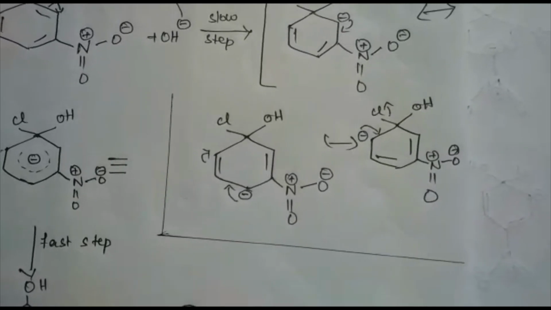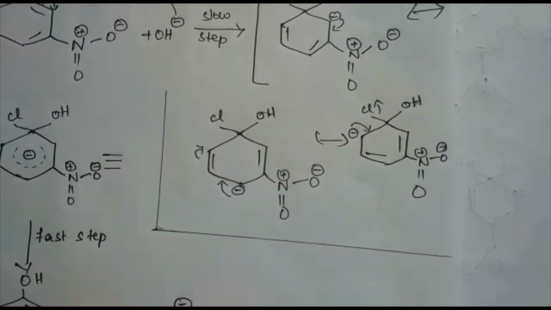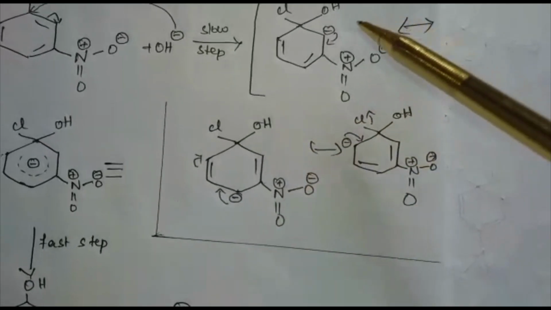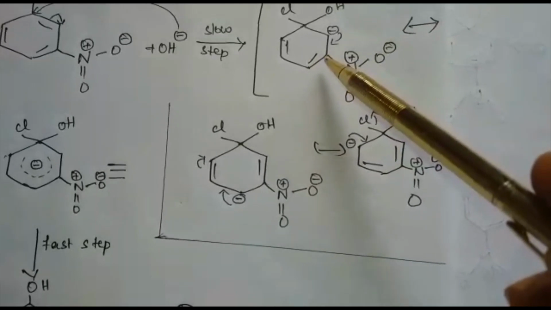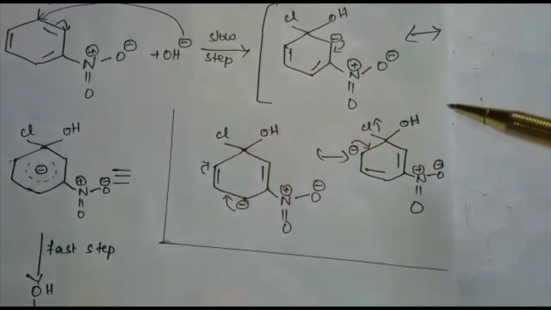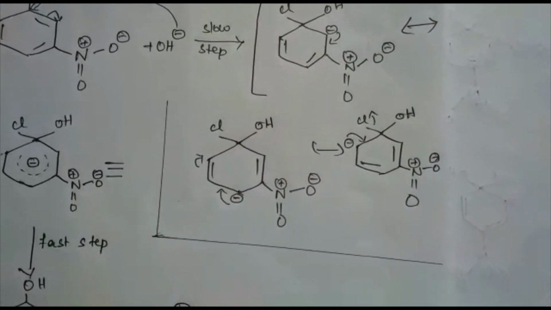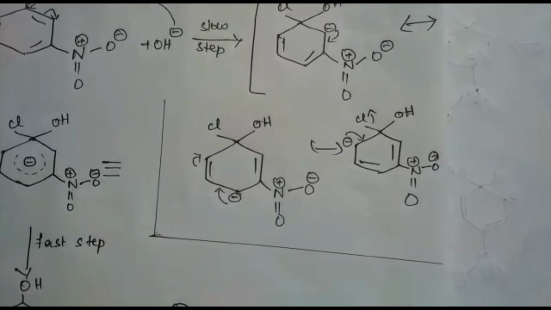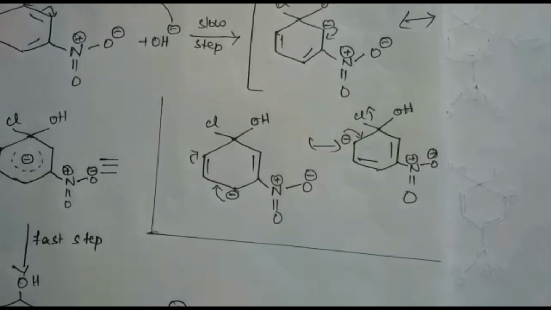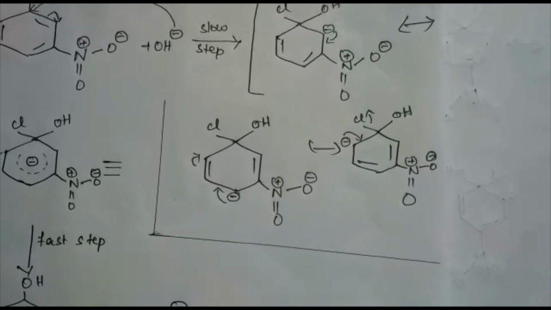While in case of meta-nitrobenzene, none of the resonating structures bear the negative charge on the carbon atom bearing the NO2 group. If you see the resonance structure, no negative charge is in the meta position, only in the ortho position and in the para position, not on the meta carbon atom. Therefore, the presence of the nitro group at meta position does not stabilize the negative charge and no effect on reactivity is observed by the presence of the NO2 group at meta position.